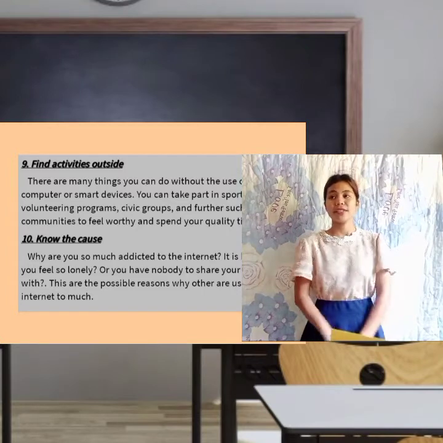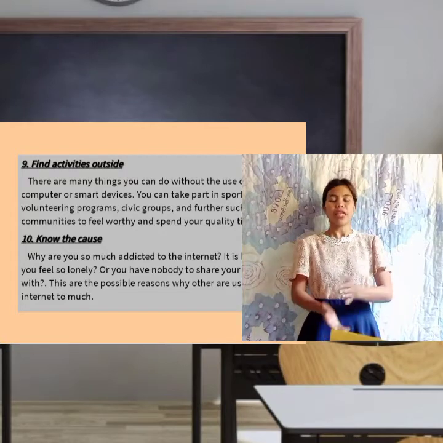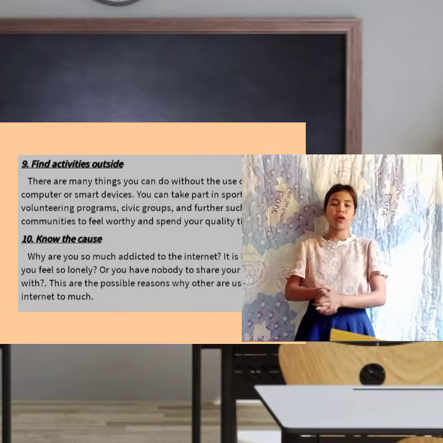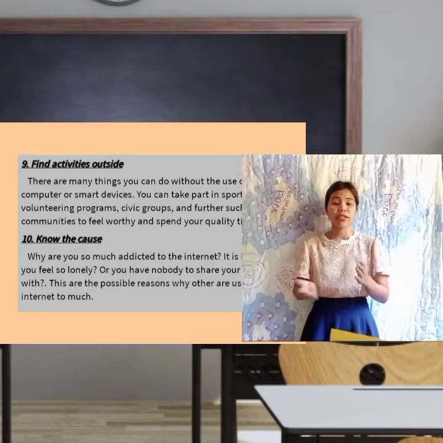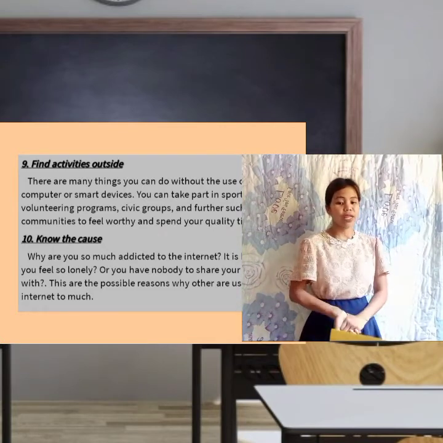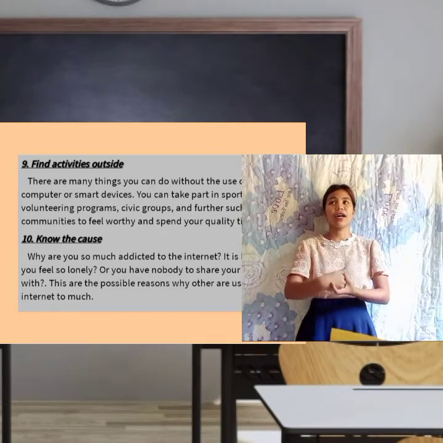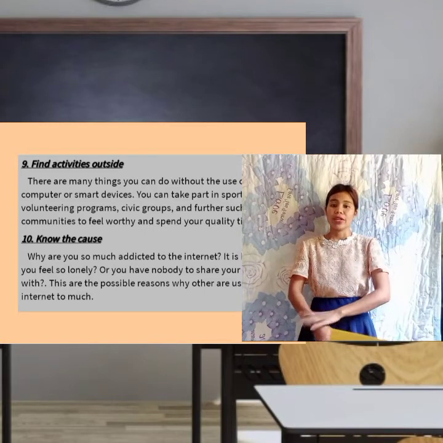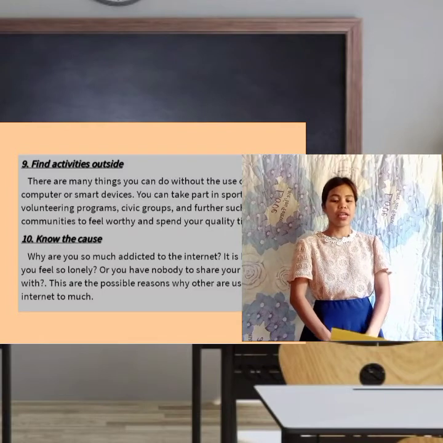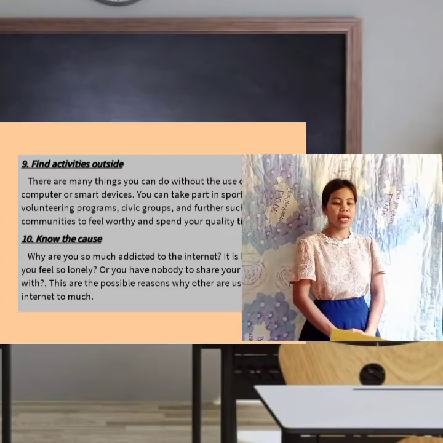So the last one is, yes, who else? The last one. Yes, Jay, go ahead. Thank you so much, Jay. So the last one is know the cause. So why are you so addicted to the internet, class? It is because you feel so lonely or you have nobody to share your emotions with. So that's another reason why others are so addicted to social media or the internet. So these are the possible reasons, class, why